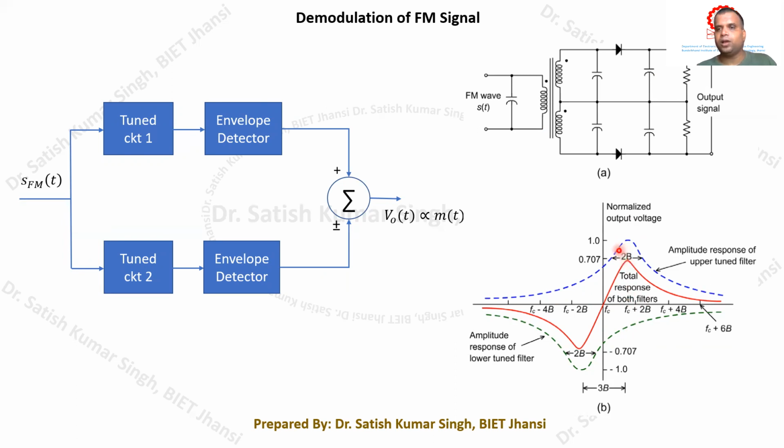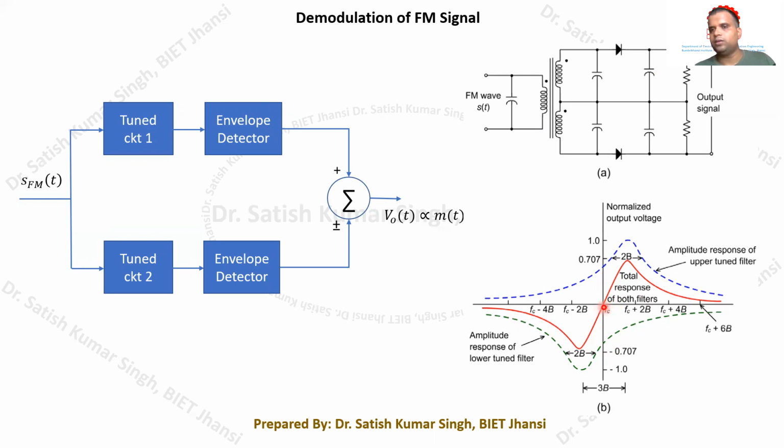And again, when you add this value to this value, the response will be something like this. Here you can see that whatever the magnitude at this point, and whatever the magnitude here, it will remain the same. And when you add them, the result that we are going to get is equal to 0. Fine. So this way we have to design our circuit.